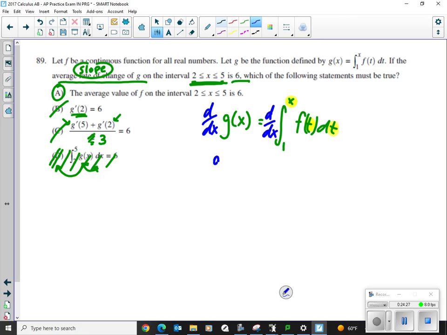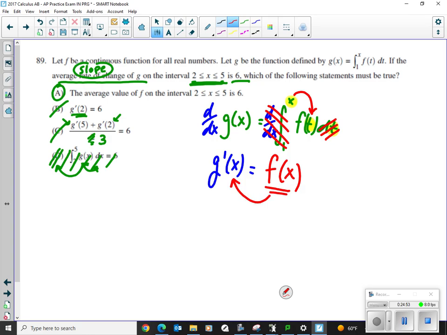All right? So now I've got g prime of x equals, okay, if I take the derivative of an integral, they kind of cancel because they're kind of opposites. And what happens is my x just goes in and replaces this. The dummy variable goes bye-bye with the integral. So now it equals f of x. So f of x is g prime. Let me state that one more time before I connect this all together. F of x is